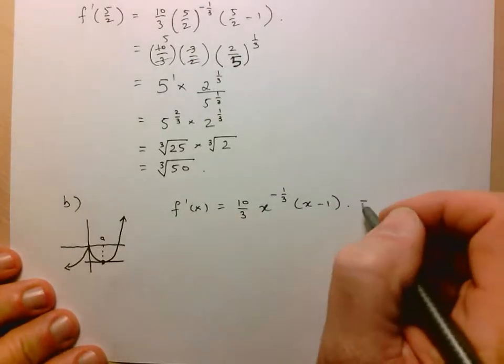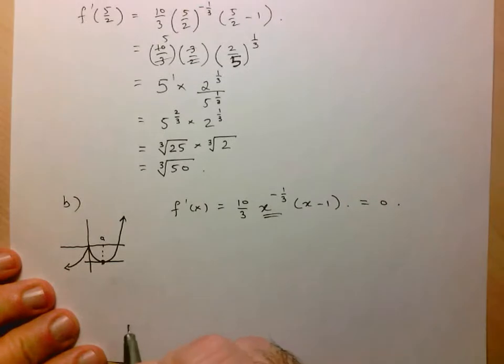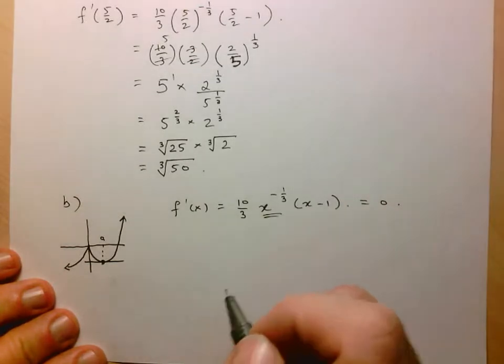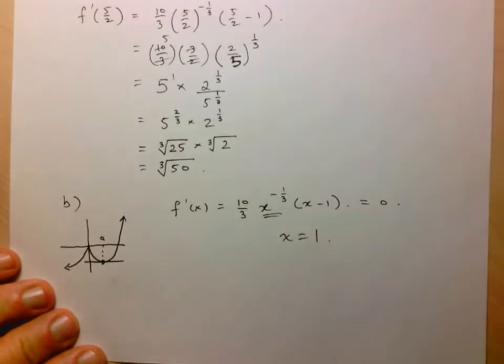Okay, so when is this equal to 0? This cannot be equal to 0 since the x is in the denominator, so x equals 1 is the only value where you're going to have a horizontal